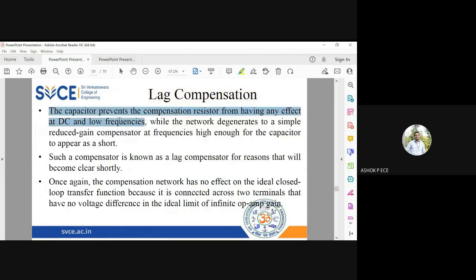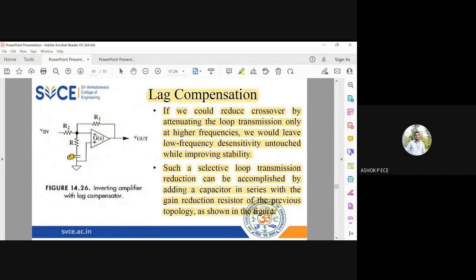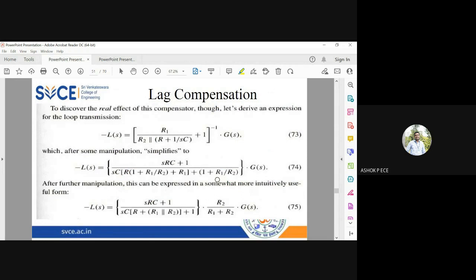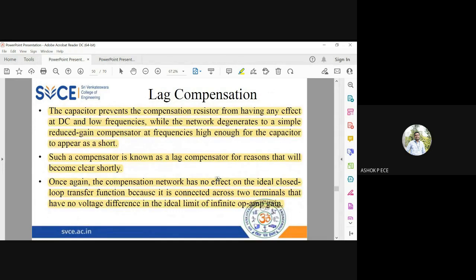So this capacitor prevents the compensator from having any effect on DC and low frequency. For low frequency, the capacitor will act like an open circuit, right? So that means there is no effect of R in the circuit for DC and low frequency. Only after a particular frequency, the capacitor starts getting included in the circuit. So that is why this is called a lag compensator. So once again, this compensator has no effect on the op-amp characteristics, but it will just work properly for a